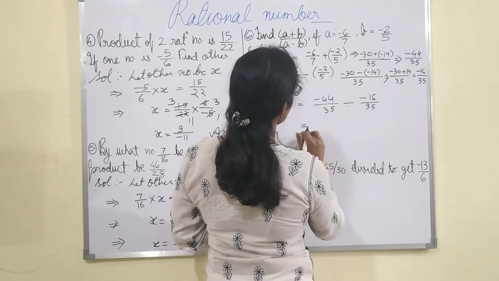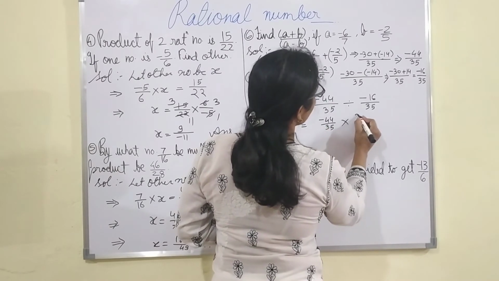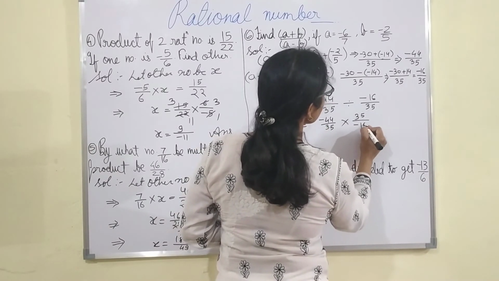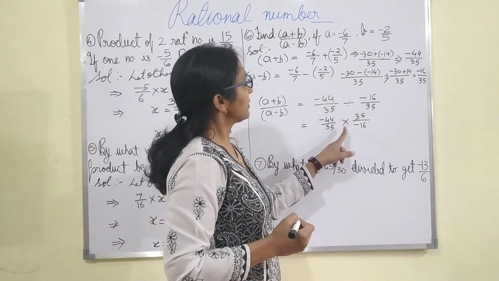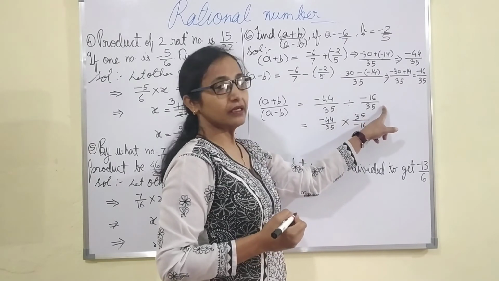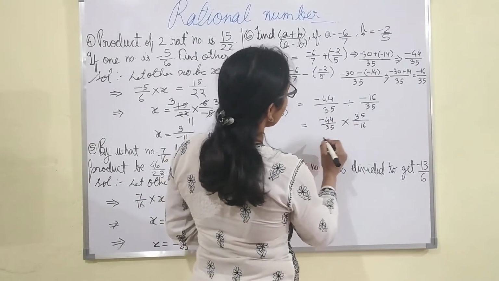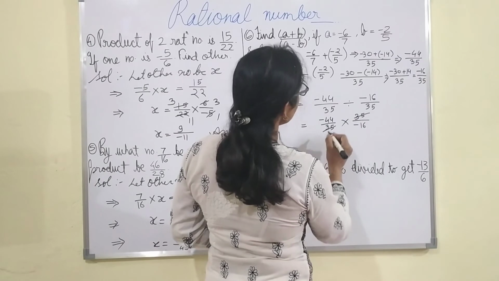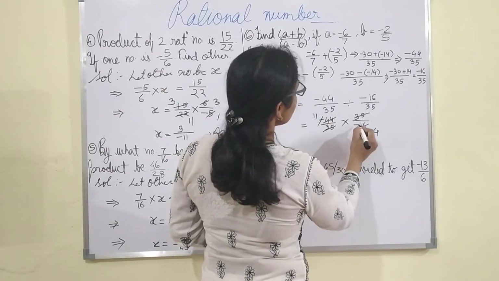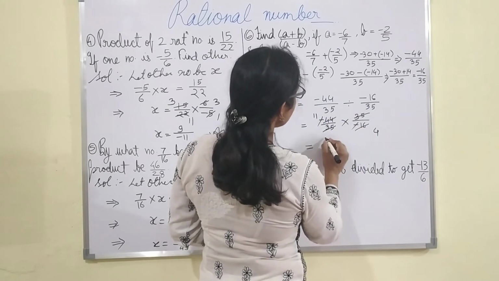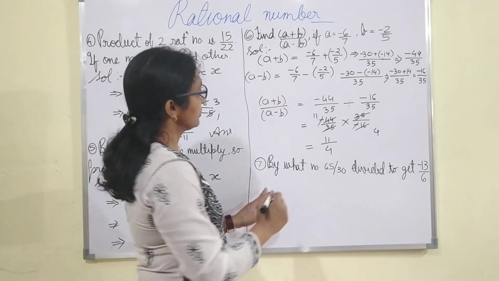So minus 44 upon 35 into 35 upon minus 16. डिवाइड का साइन हटाएंगे, मल्टीप्लाई का साइन लगाते हैं तो राइट साइड का नंबर रेसिप्रोकल हो जाता है. यह आपने स्मॉल क्लासेस में पढ़ा होगा. 35 कैंसिल, 4 11 जा, 4 4 जा, minus and minus will be cancelled. So the answer will become 11 upon 4. Okay. So it's our answer.